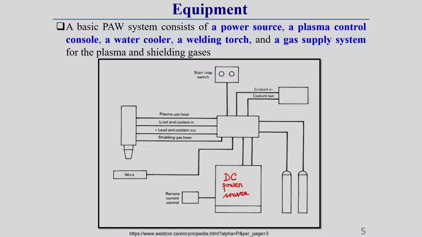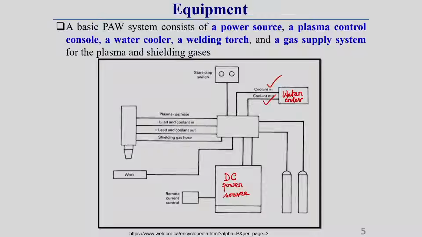So, here you see there is a water cooler. This is generally the water cooler. From here generally the coolant is taken out and in. There is a circulation of coolant, because we have to cool this torch. I have already shown you previously that there is a water cool copper nozzle. What I am telling, understand?